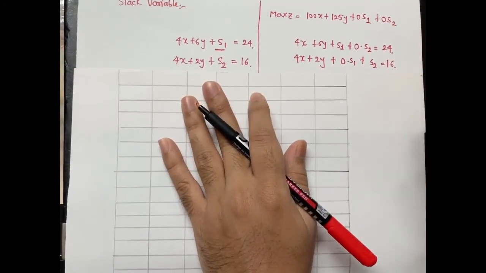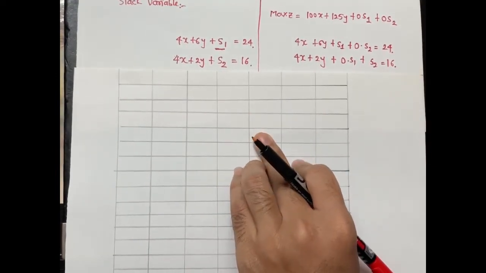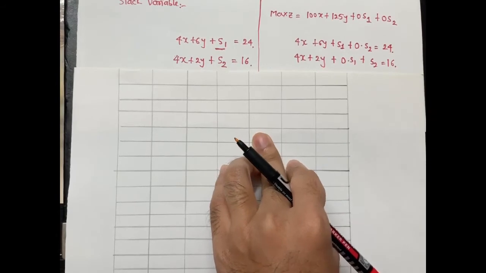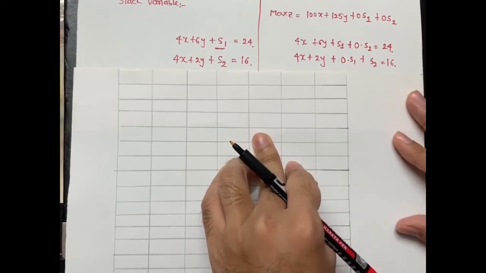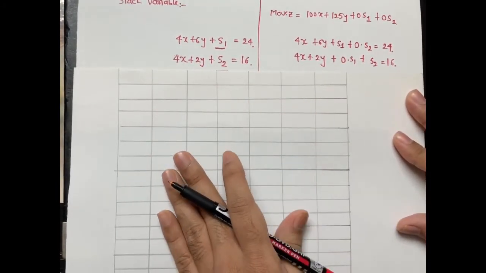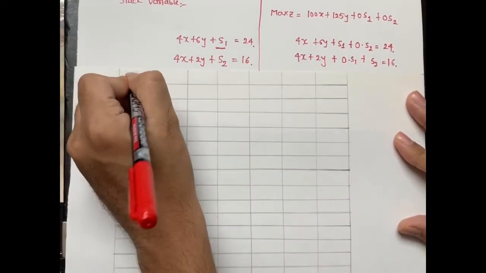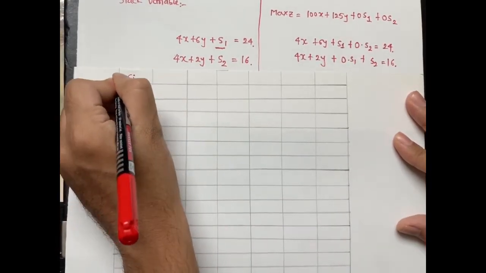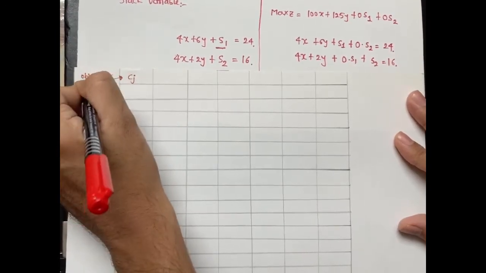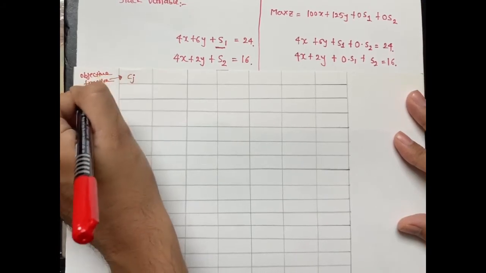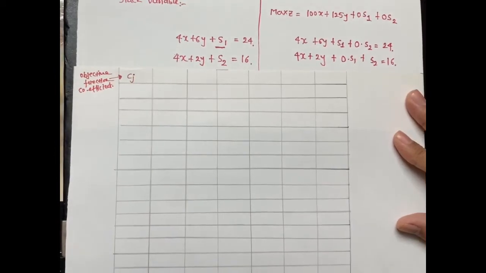Alternative to that algorithm is that a simplex table is also feasible, with the help of which you can solve the same numerical, and that is relatively simpler. So in a simplex table, the very first column is allocated for the Cj variable. What is Cj variable? Cj variable is the objective function value, objective function coefficient.